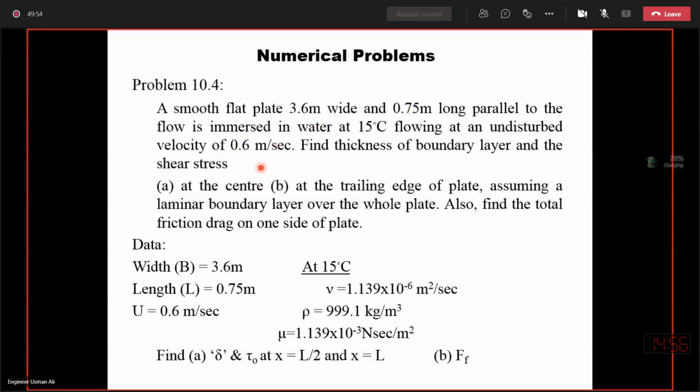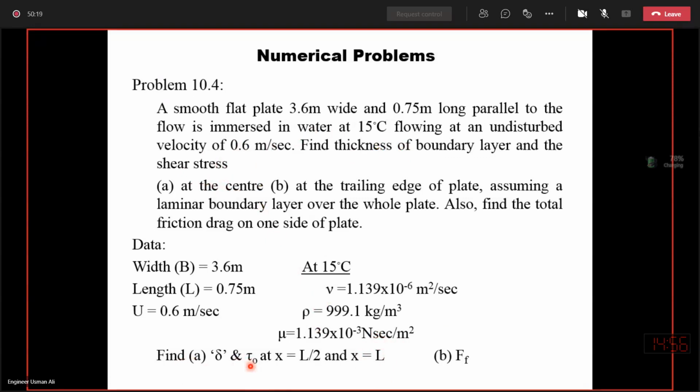What we have to find? Thickness of the boundary layer and the shearing stress at the center and at the trailing edge of the plate. तो center पे निकालनी है thickness, shear stress, और एक दूसरे end पे निकालना है। जब center पे x क्या होगा, L/2, half of the length, और दूसरे end पे जो x होगा L के बराबर होगा। तो इन दोनों जगहों पे हमने thickness निकालनी है और tau naught निकालना है।